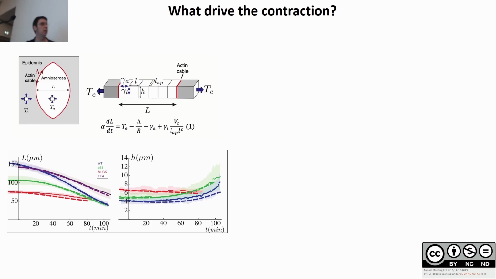Guillaume Salbreux, a collaborator, we designed a physical model of the process. Just to explain this simple equation, it's the kinetics of closure that depends on the different forces and tensions in the tissue, and there is a term that emerges from the volume of the cell, from the internal pressure of the cell. By measuring each of the different terms that we had here, we could actually fit the cell shape changes, wild type and mutant, with only 2 free parameters, the same for all of them.